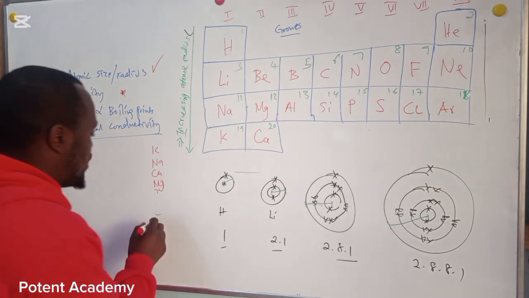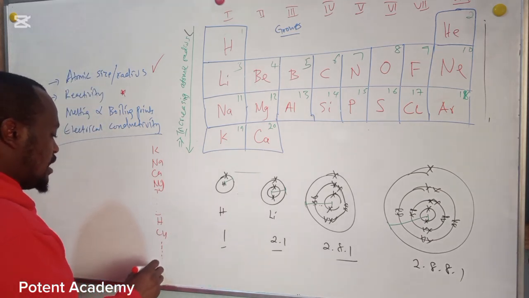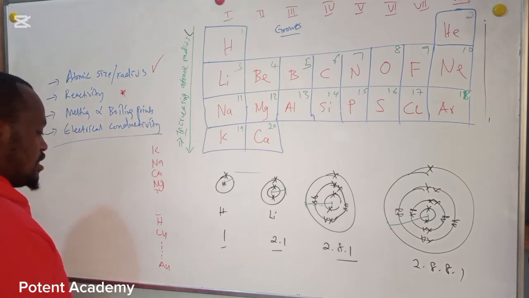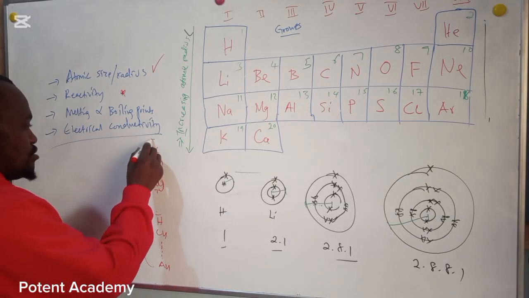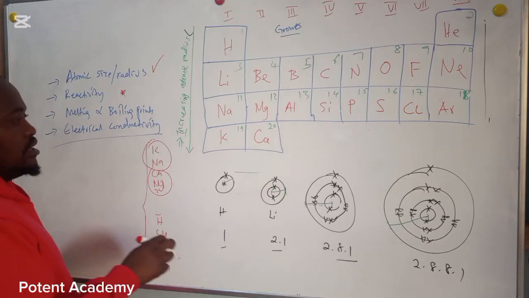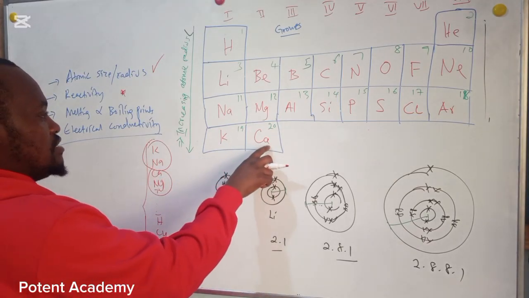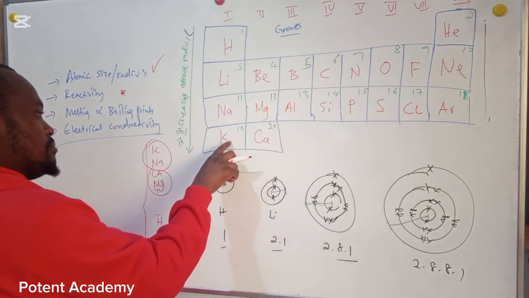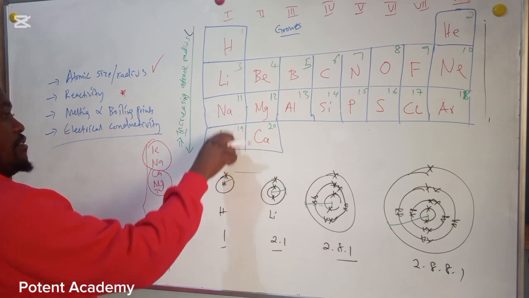Then you have hydrogen, copper, and you go down, the least reactive element is gold. Anyway, I was writing this just to help you compare these two, and probably also these two. That calcium appears higher in the reactivity series than magnesium, and also potassium is more reactive than all, especially more